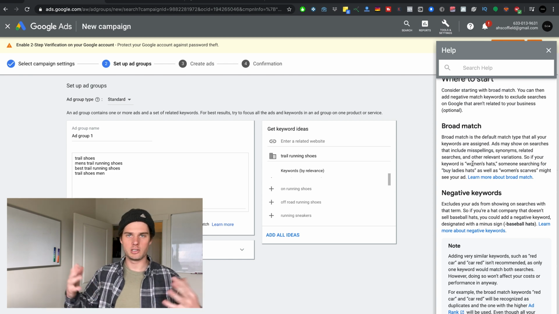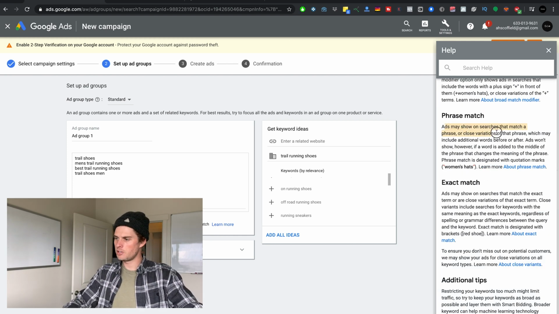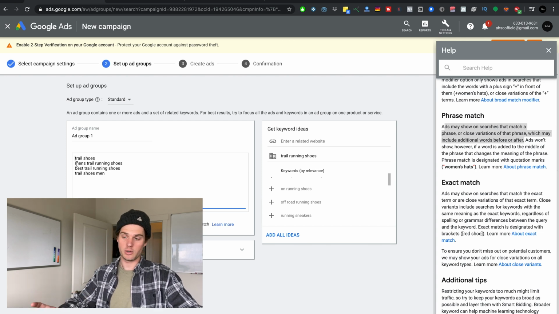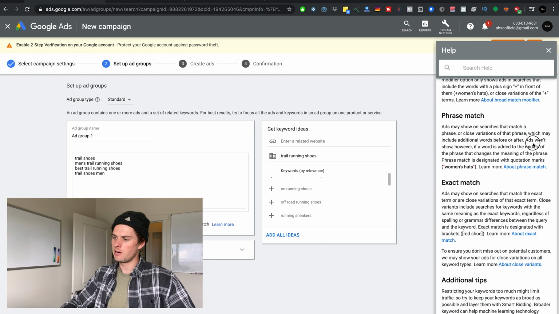So it's loose, it's broad, it's not going to be super honed in necessarily to the keyword that you're targeting. Phrase match is ads may show on searches that match a phrase or close variations to that phrase, which may include additional words before or after. So right here we have trail shoes, but maybe it's rock plate trail shoes, and we could show up for rock plate trail shoes. And it's important to note, like it says right here, ads won't show, however, if a word is added to the middle of the phrase,